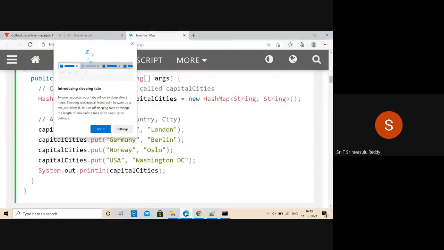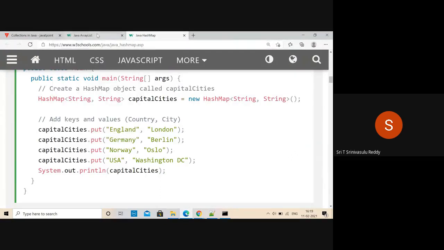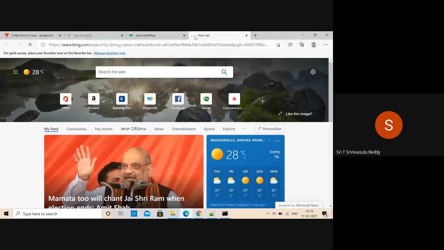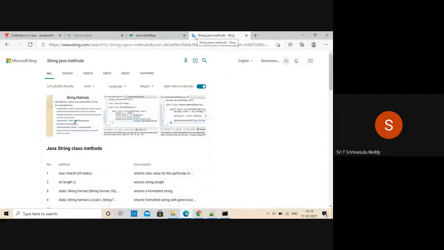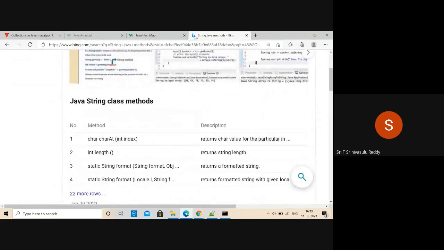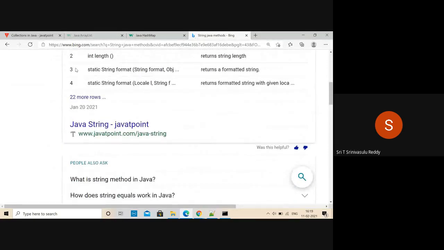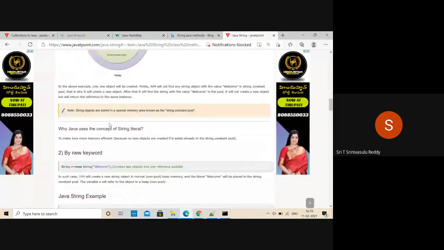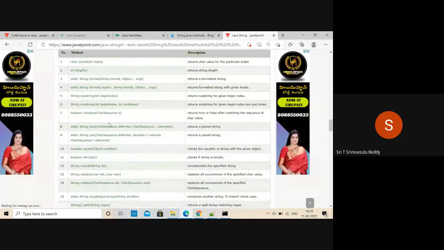I think here, string methods, right? So we require those. There are many more. He is giving 22 more rows and all that. When you click on this, it's going to give you the corresponding details. So this is the base.